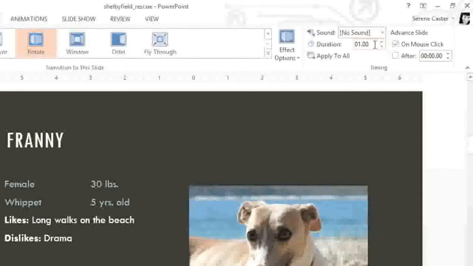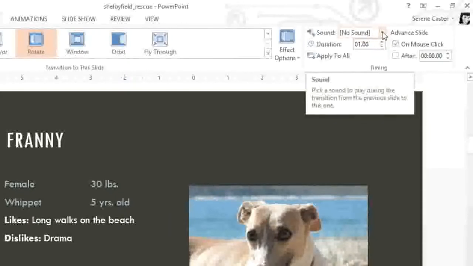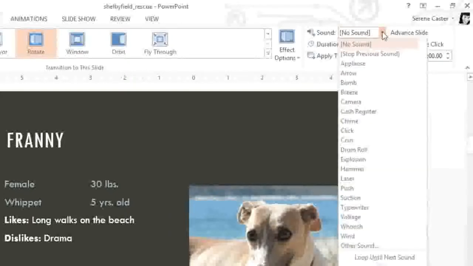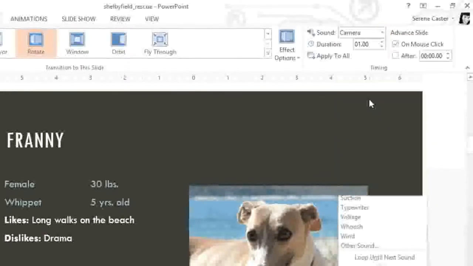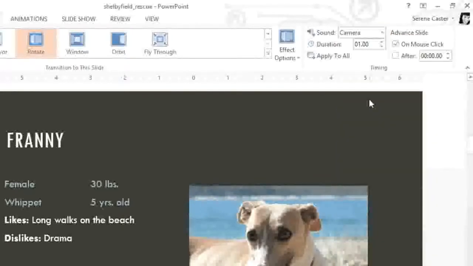You can even add a sound to the transition using the drop-down menu here. There are quite a few built-in sound effects to choose from. Just click the one you want, and you'll hear what it sounds like the next time you play or preview your presentation. Before we do that, there's one more thing I'd like to show you in the timing group, the